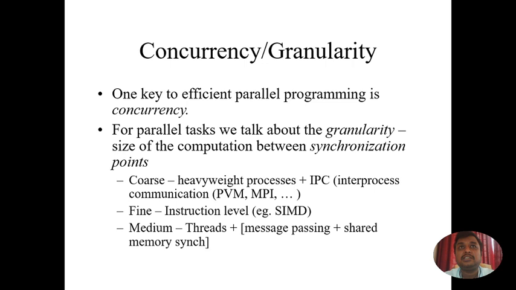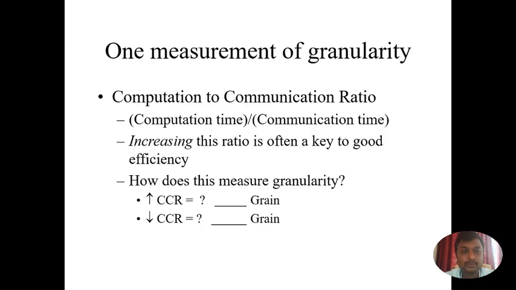So granularity deals with computation relative to communications. Whenever you use message passing interface or parallel virtual machine, this speaks about coarse or fine grain. At the instruction level, you are working on RISC-kind of instruction level parallelism, so at that level the parallelism is extracted. With threads or tasks, you are working at message or shared memory synchronization. So basically how coarse or fine your grain is defines the same statement.